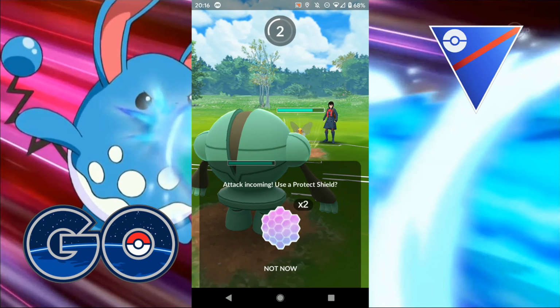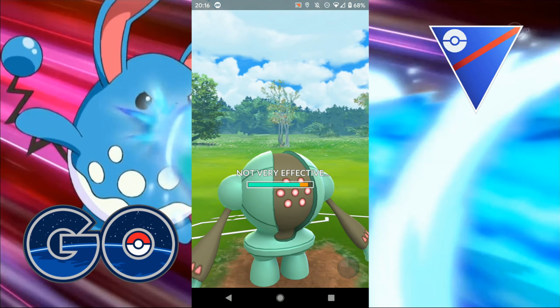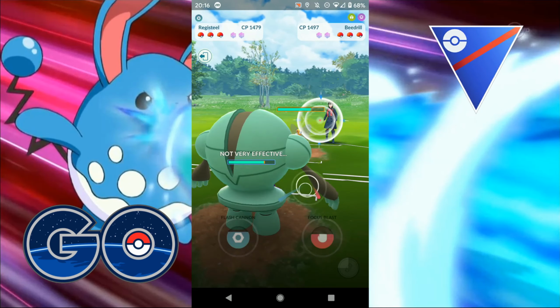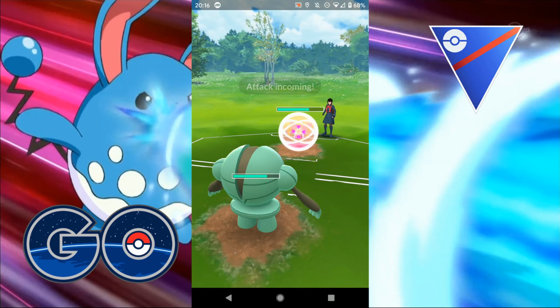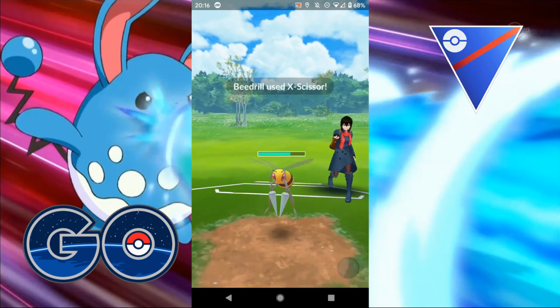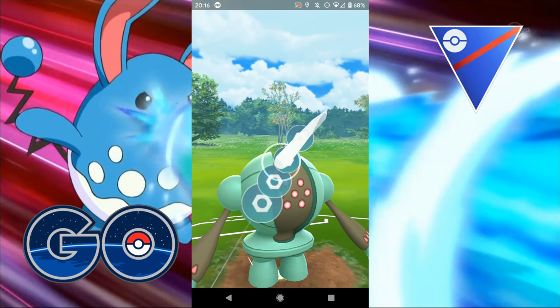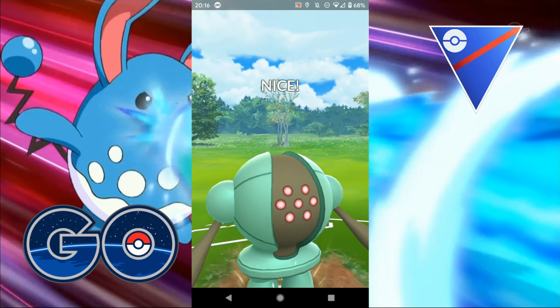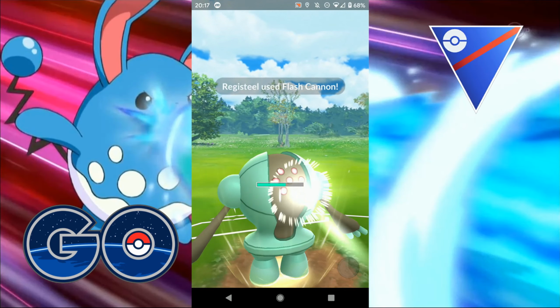So this shouldn't be doing huge amounts of damage. Oh, it's a Sludge Bomb, so it's not going to do much. So that's fine. Let's see. And I'm going to throw the... oh, so I'm not going to shield this up. And we'll see what comes... It's an X-Scissor, so that's going to do no damage either. So at least I now know what both of their charge moves are on this. I should be able to take this out before...